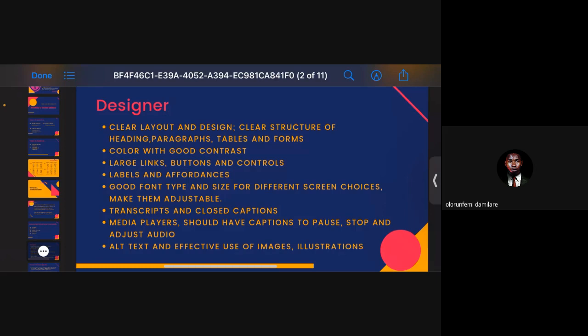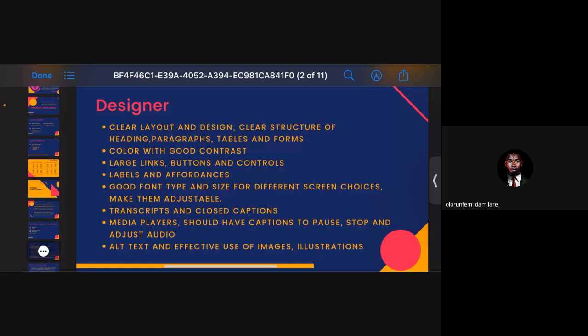So another thing is large links, buttons and controls. Let your links be large, so that they will know that, oh, this thing is clickable, right? Another thing is labels and affordances.